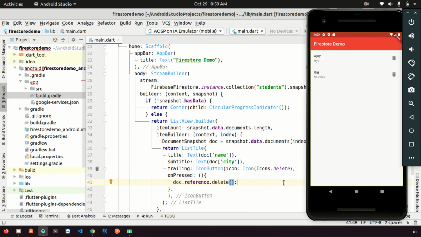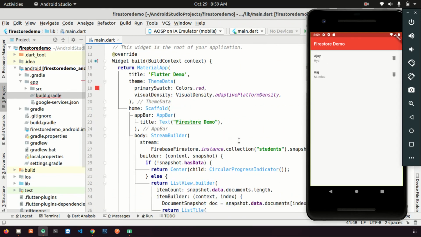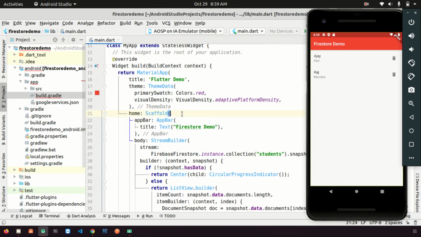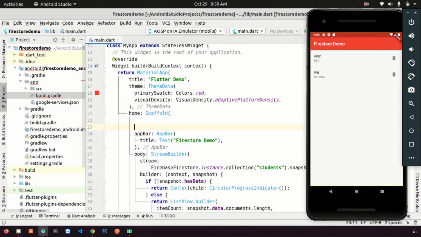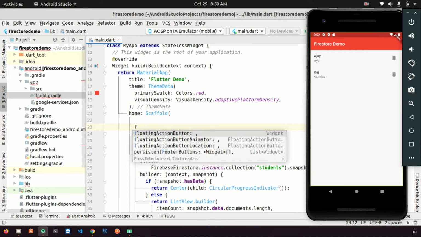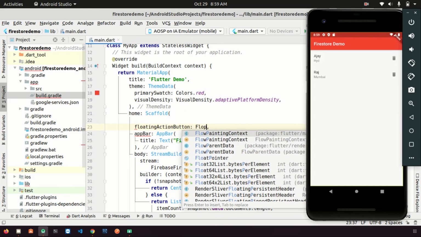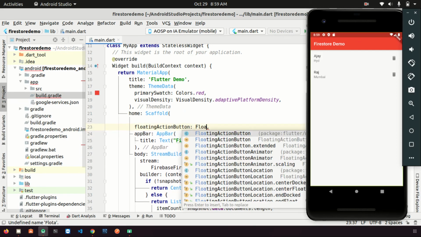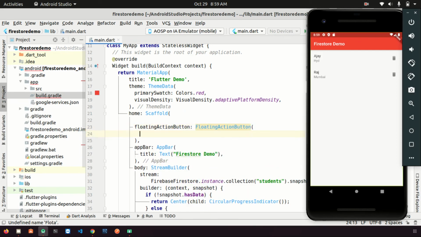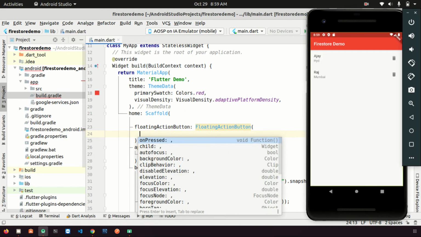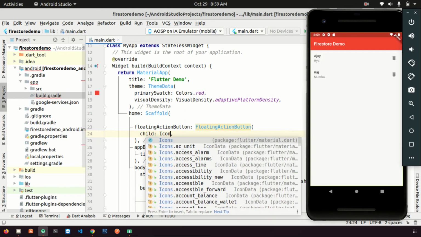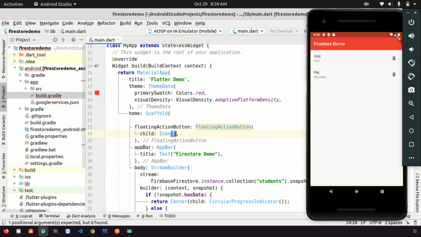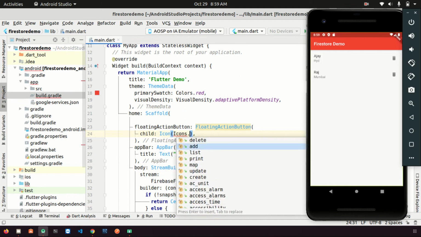If you want to add new data, for the new data I'm adding one floating action button, with child icon, so icons dot add.